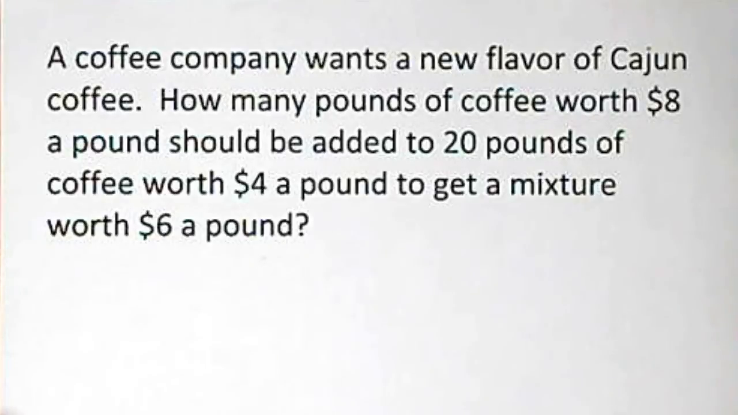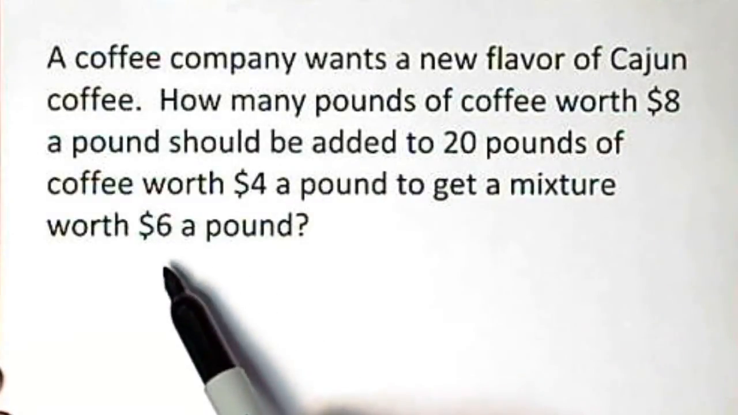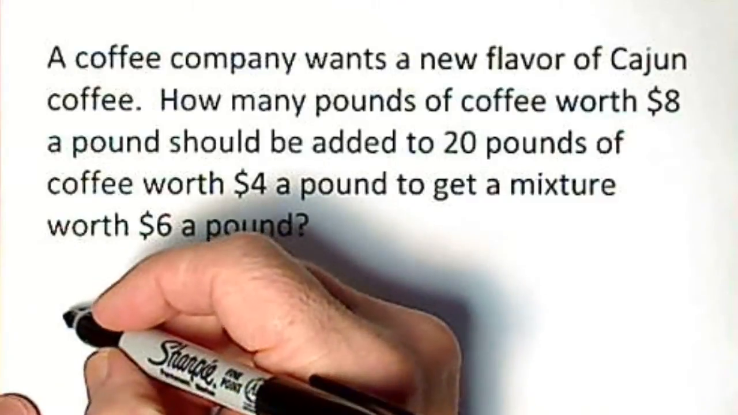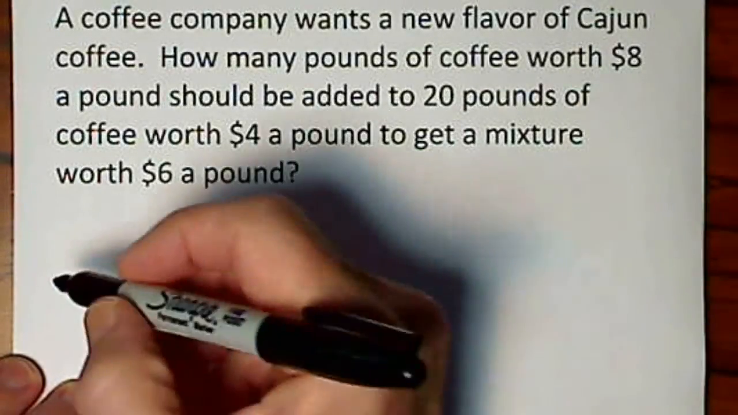All right. It's going to be very helpful to have a chart to organize what we're looking at. So we have 3 things to be concerned with here. We have $8 a pound coffee, we have $4 a pound coffee, and we have $6 a pound. So just to help us organize our thoughts here. Okay, so we have $8 a pound coffee,